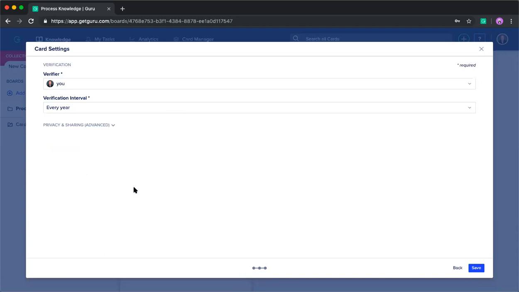Now, if someone went and changed this information, I would get a notification that my knowledge is no longer verified, and I would have to go in and either change the information to be the verified knowledge, or say, oh, the changes made were correct. Great, I'll just verify that. So once I click save,